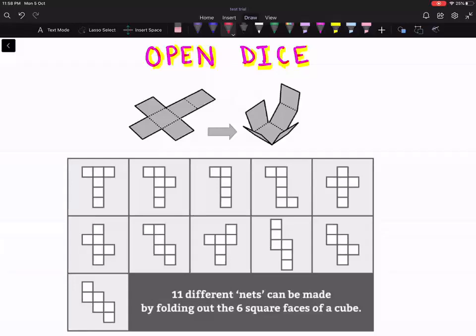Next case is for open dice. Open dice may will be taking ordinary dice, not the standard dice. So in open dice, we will treat the dice as a box and will open it with 6 faces. Now this opening of 6 faces will vary with how you are giving a cut, and those 6 faces can actually be opened in 11 different ways, right? So these are the possible combinations, in which some numbers or elements will be given. You have to find which is the opposite number. So solving it is very easy.